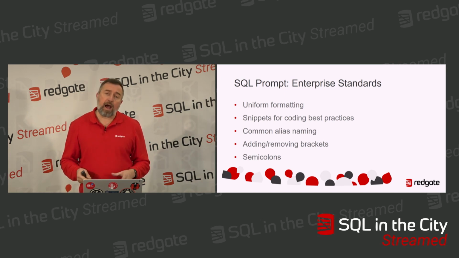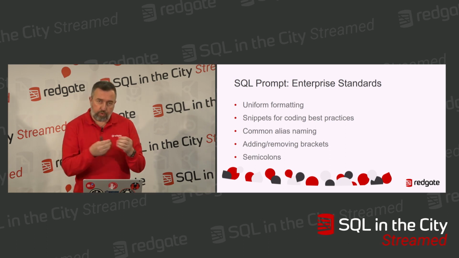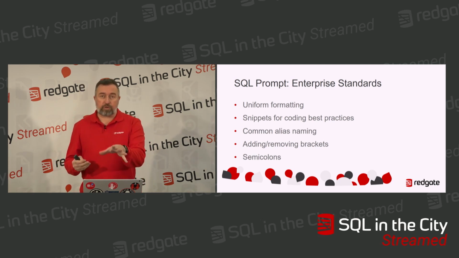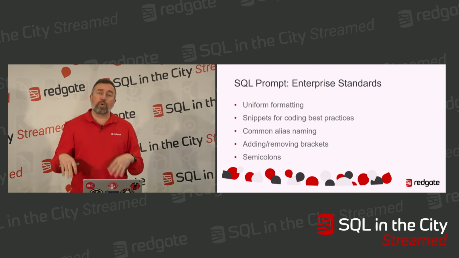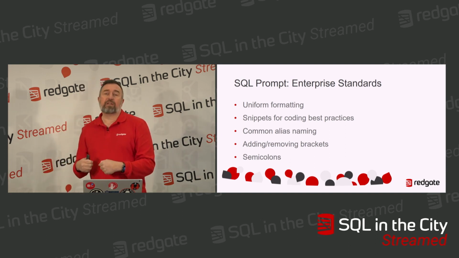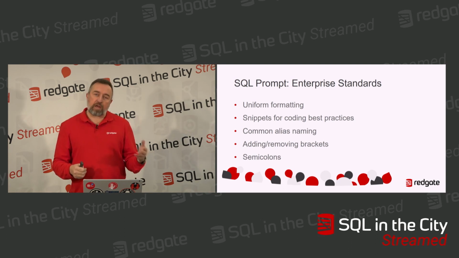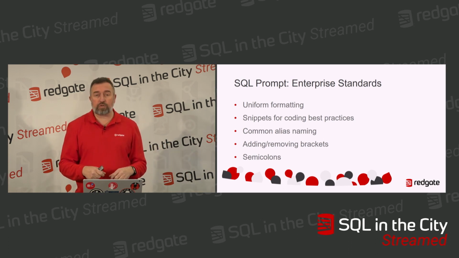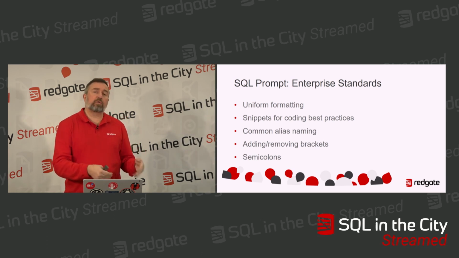But we could have a standard that we put in place across the entire enterprise, and then we always publish to that single standard. It doesn't matter that I prefer my commas to the right, which is correct, or that Steve here prefers his commas to the left, which is wrong. With SQL Prompt, I can format it my way, and even if our enterprise standard is to put those commas on the left side, I can switch that back before I check my code back into source control, if that's how we want to work it. Either way, I can ensure that all the code published by our organization looks the same.